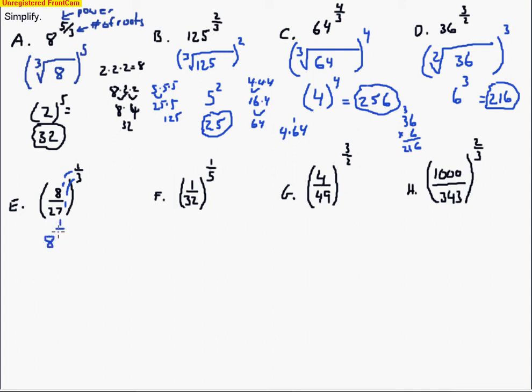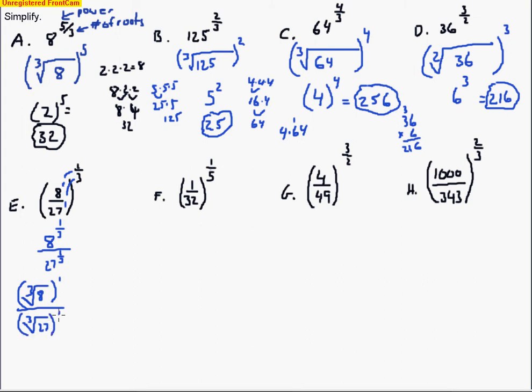8 to the 1/3 power and 27 to the 1/3 power. So you go ahead and do that work. 8 to the 1/3 power, remember, it's 3 numbers that multiply to make 8. But then we're raising that to the 1st power. Down below, it's going to be 3 numbers that multiply to make 27, but then we're raising that to the